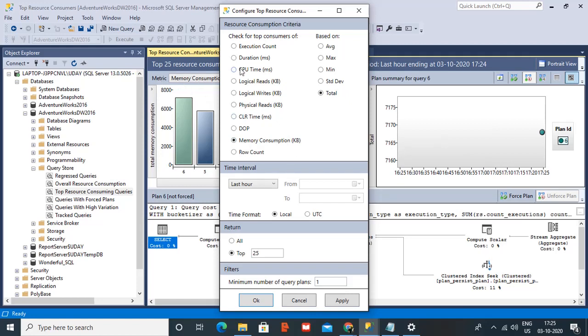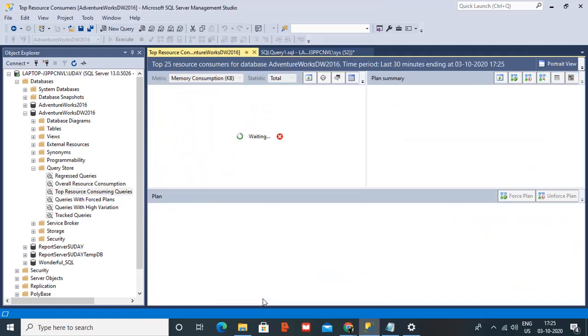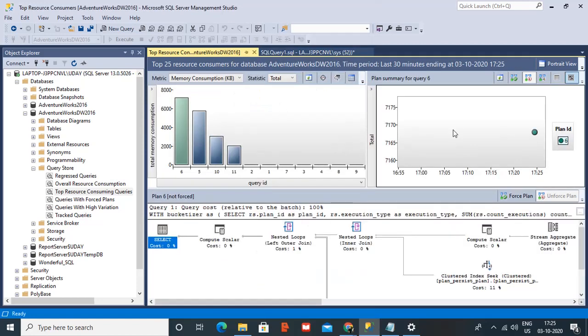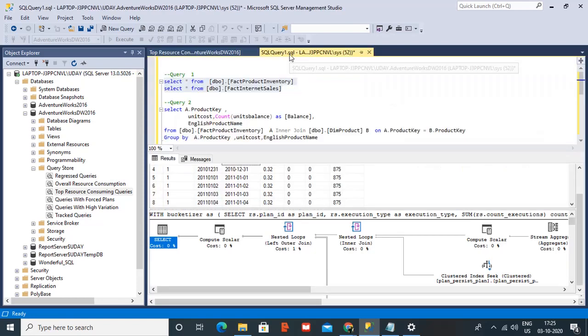We can also check anything from here, or else you can do it from here as well. The time interval I have chosen is last hour. You can also go for last 30 minutes, or 1 day, or 2 days, last week, whatever you want, you can configure it. So this is how the query store works.